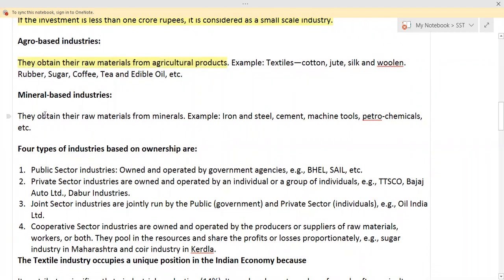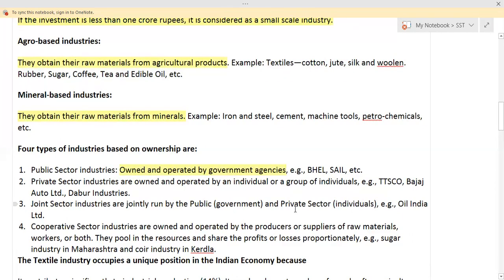And for mineral base, they depend on raw material as a mineral. Now let's see the 4 types of industries based on ownership. Let's see the public sector industry, owned and operated by government. Public, it's for public. So it is owned and